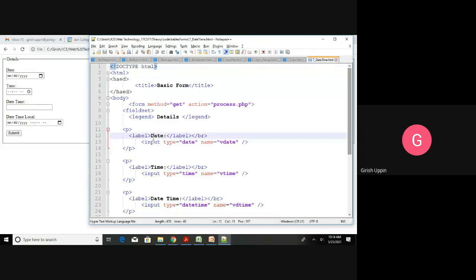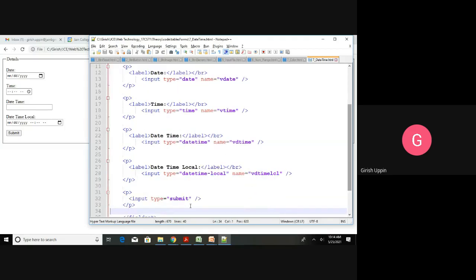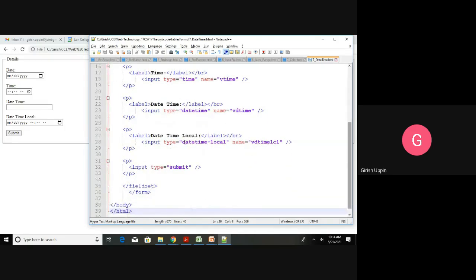Then I have date, this is the first one, type date. Second one is the time, type is equal to time. The third one is date time, where I have used the type as date time as a single word. Then I have date time local, date time hyphen local. Then at the end I have the submit button.